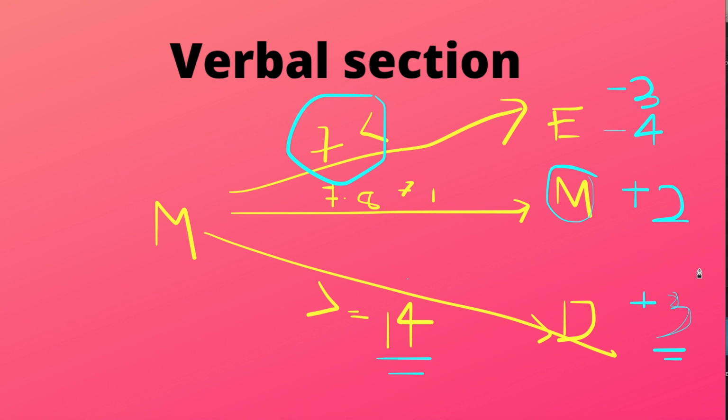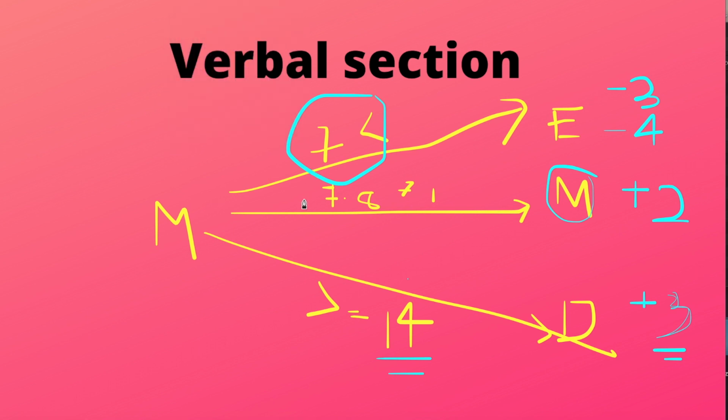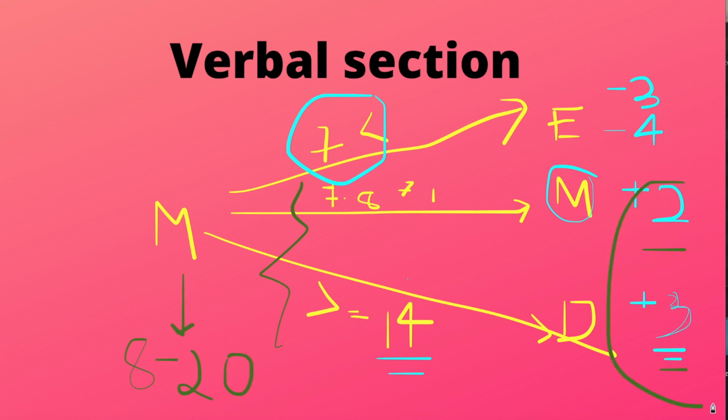Now what I want you to understand is, since you would get a bonus only if your next section is medium or difficult, your target score should be greater than or equal to 8. So you should score between 8 and 20 on your first section. By this, you can get a bonus of 2 or 3 points on your overall score.